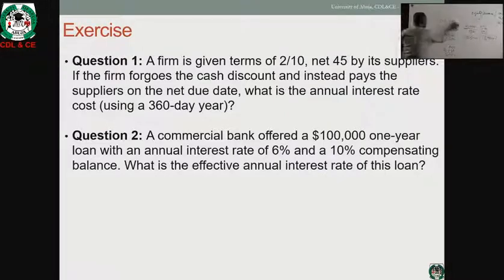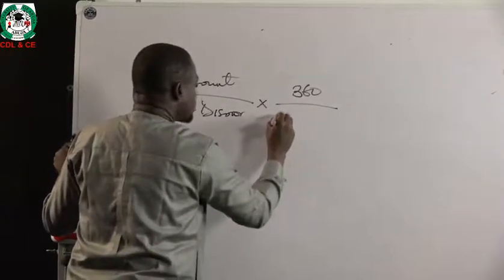Now, the cost to you of not taking this discount will be defined on the basis of how well you are able to hold on to the amount that you should have paid the creditors. If you can revolve it around and make up for the discount that you didn't take. And we said from the previous exercise, the cost of not taking the discount is the discount over 1 minus the discount rate, times the number of days in a year over the total credit date